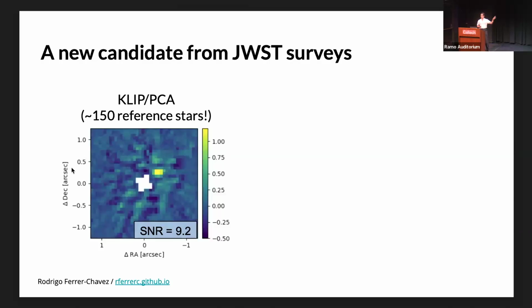And we get something like this, right? The blob is obvious, and we see an SNR of 9. When we run our method,